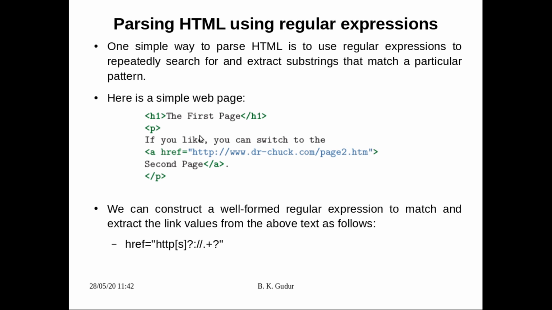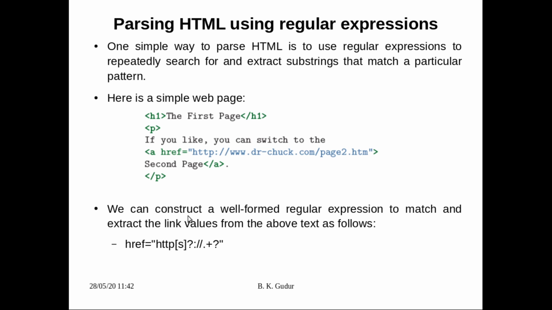Within a paragraph you can write normal text, and this href indicates the link, meaning in this web page there is a link to another web page. That's what a website is: nothing but a collection of web pages which are linked together. Page 1, which might be the home page of some website, will be connected to web page 2, web page 10, web page 7, any number of pages. Web page 7 might be connected to web page 2, web page 3. So intermediate connections will be there using these links.